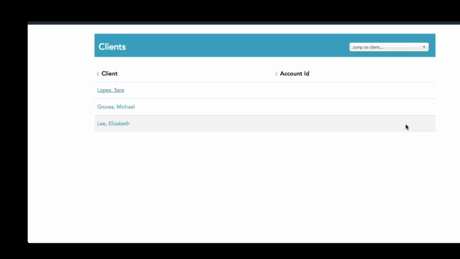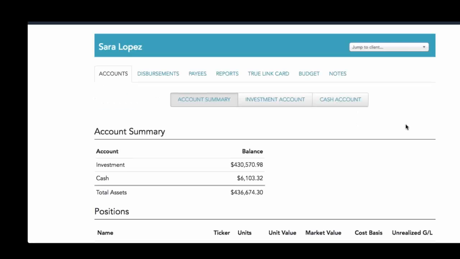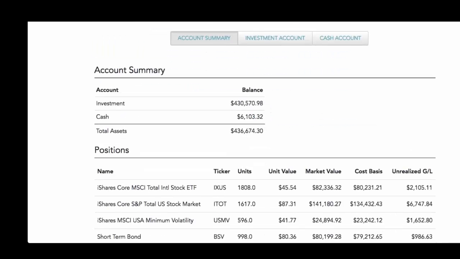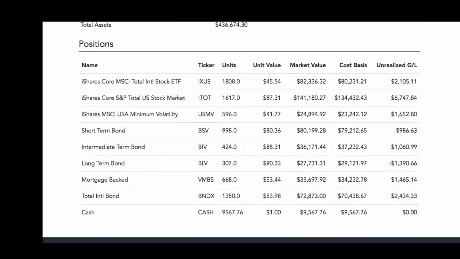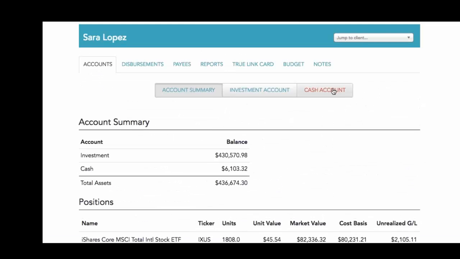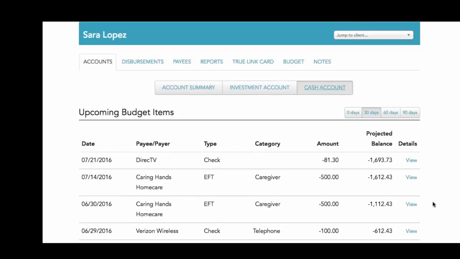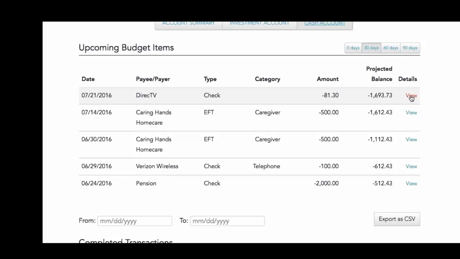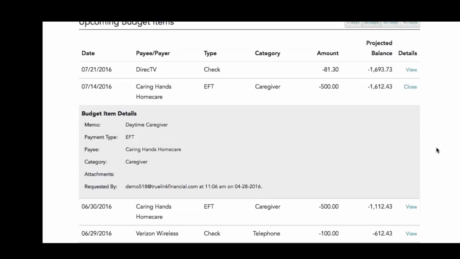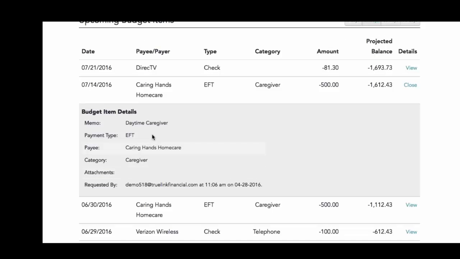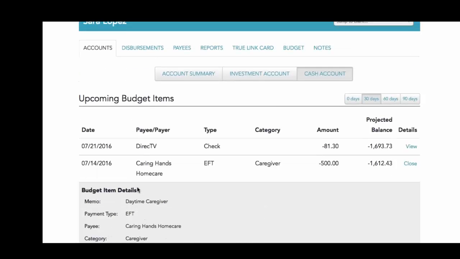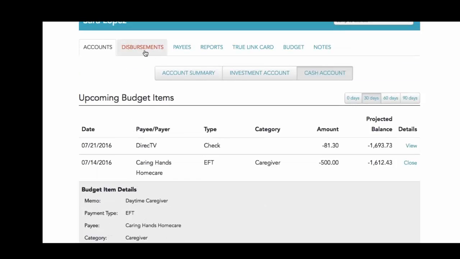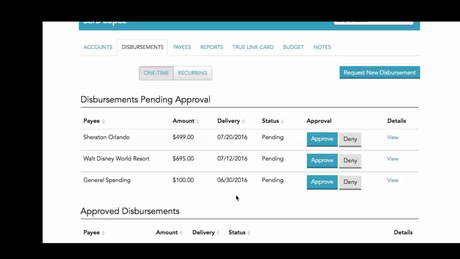And then if they click into any of those, they can see everything that's going on with the investment account. So, an account summary of what's invested, what's in cash, where it's invested. They can see a history of all of the transactions made on the card with details about who requested that transaction, often attachments, and how and when the transaction was made, things like that. And then when we talk about the disbursement request, all of that is managed through this system.